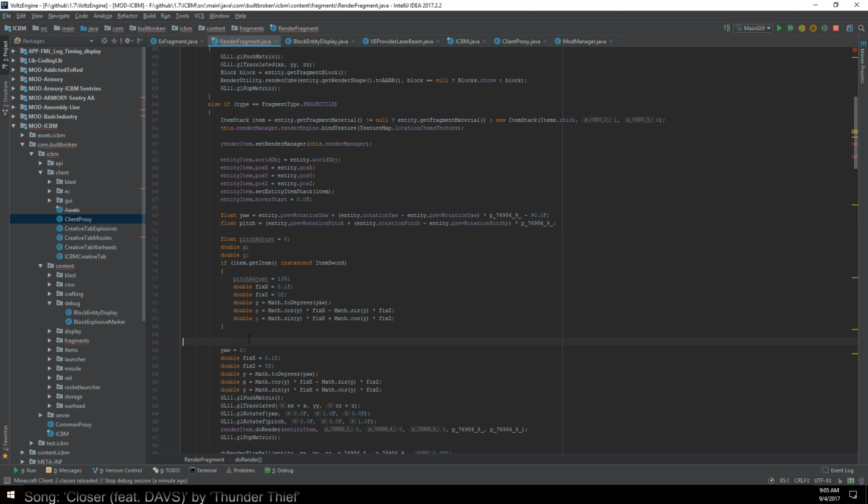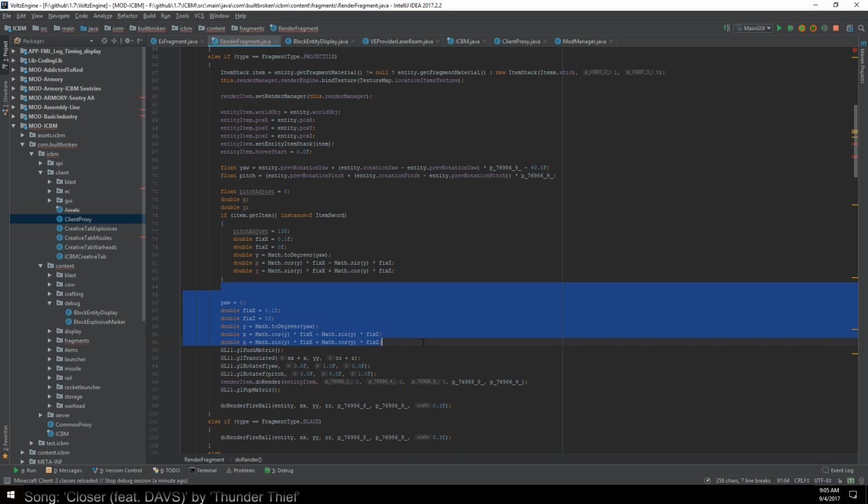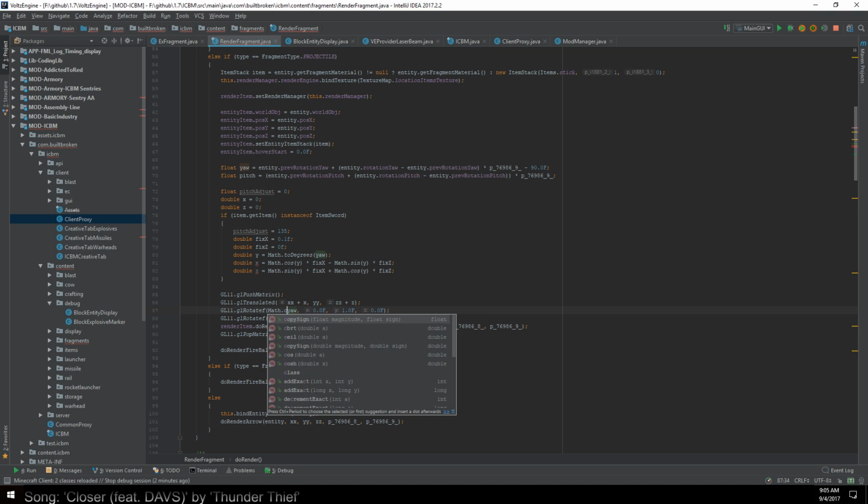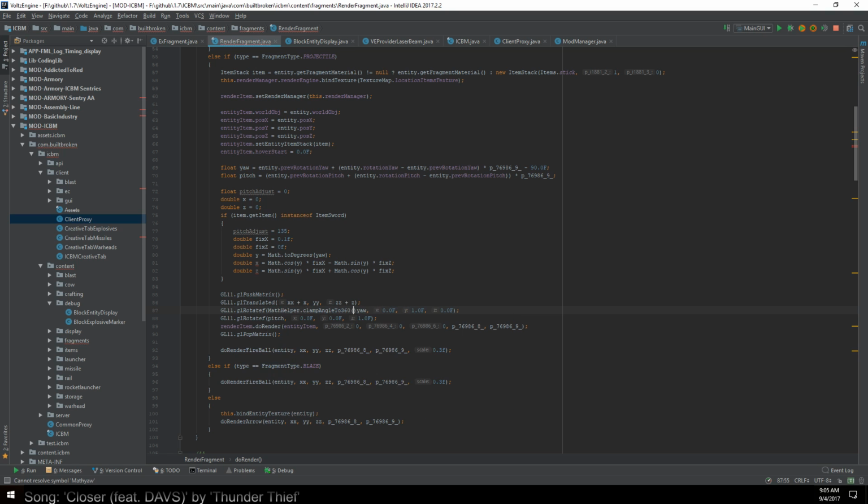Come down here. So we're going to get rid of this. Make sure X is initialized to 0. Then we're going to take this guy and we're going to go math helper. Make sure we're using my math helper. Clamp to 360, which we really shouldn't be doing during render time, but